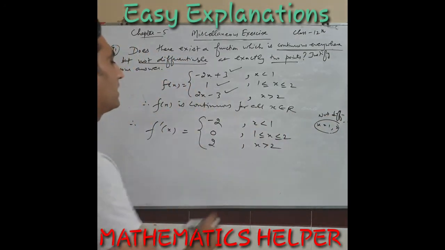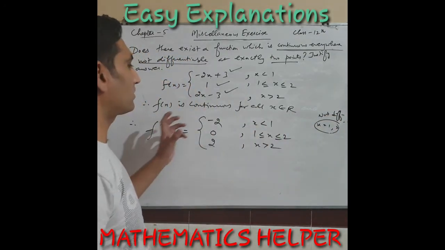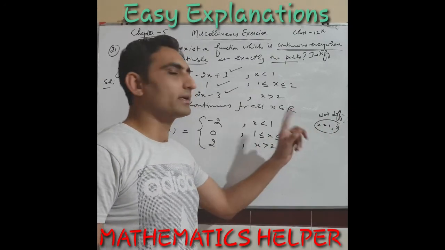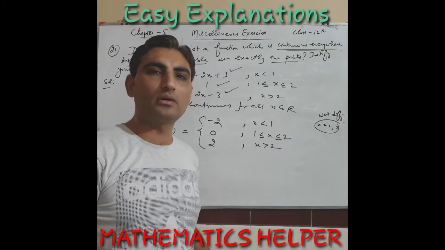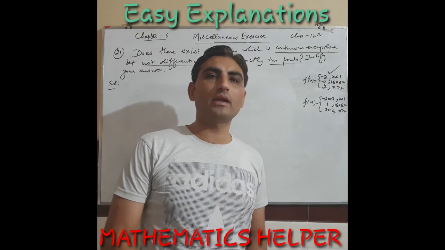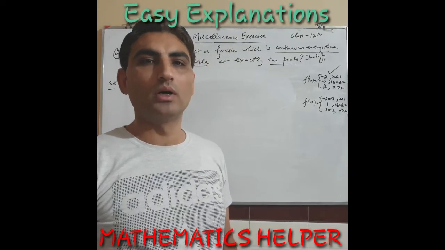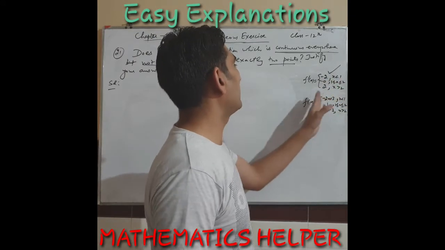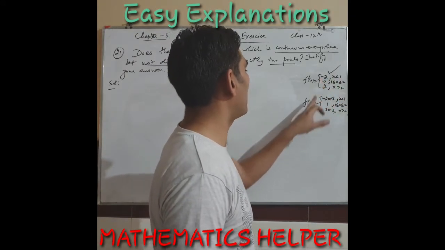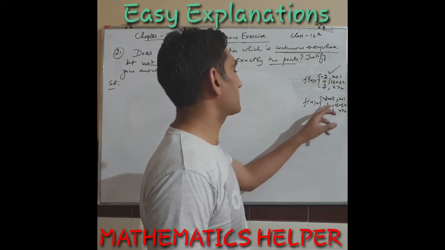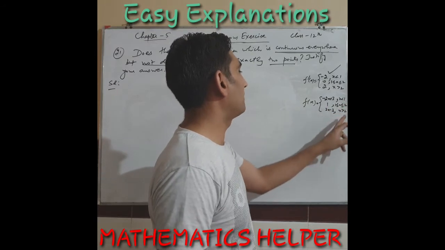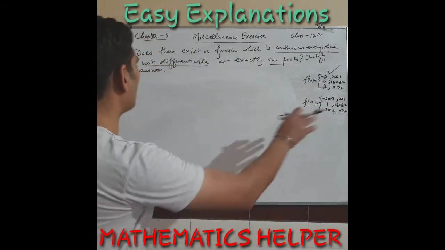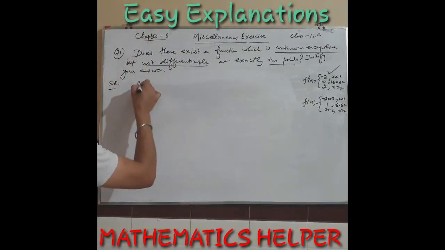Okay, I will erase it and we will start our calculation of proving that it is not differentiable at x = 1 and x = 2. Next we have to check differentiability at 1 and 2. So we marked here the derivative results from previous calculations and the statements of f(x) for the 3 different parts of our given definition. So we have everything here. Now I am going to write for 1.